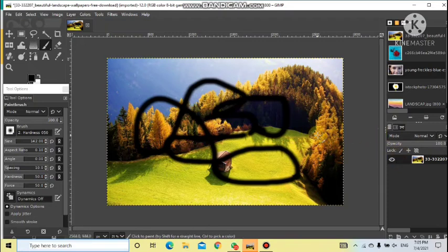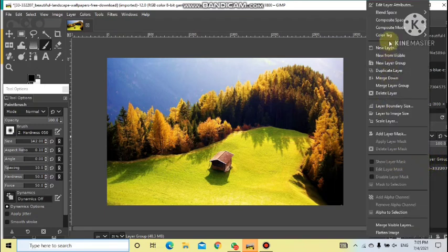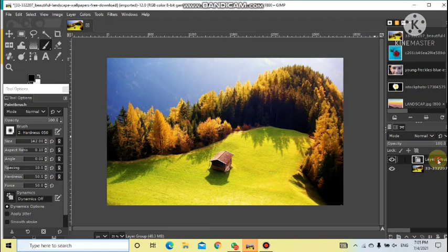Suppose you have made another layer. Let me disable it first. For making a new layer, click on this plus icon, and a new layer will get created there. Now on this layer, if you want to rename, you just rename it first. In the beginning also you would have done it, renaming the layer. Where is that option? Double click and there you can name it as house or anything. House, I have given the name.